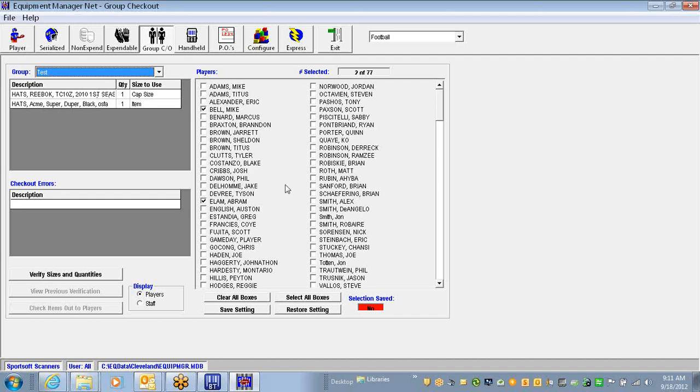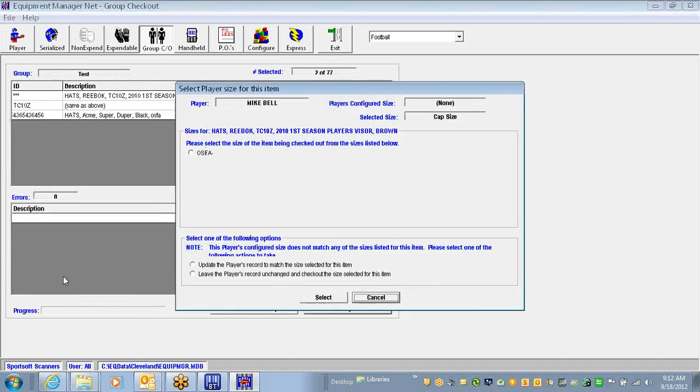And then what I have to do is a verify size and quantity. That's what this button is down here at the lower left-hand corner. In other words, it's not only going to make sure that I have all this stuff associated, but also I want to make sure that I have sufficient quantities of everything that I want to give to these individuals. And also, it would be nice to know if it has a size associated, do I have that size actually filled in? So I'm going to hit this Verify Size and Quantity button, and sure enough, Mike Bell comes up here